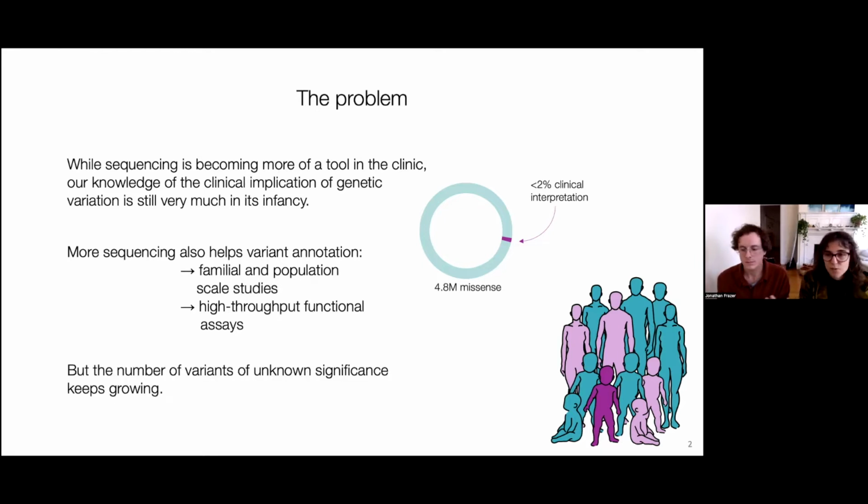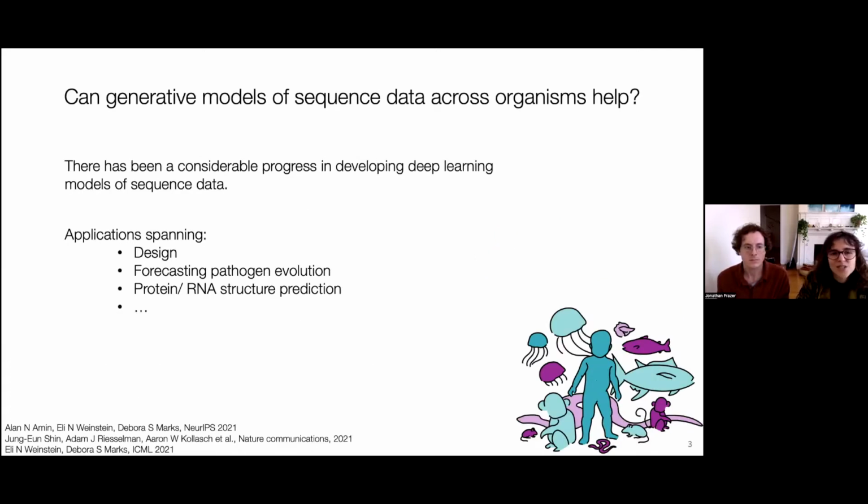But the size of the problem is such that to really answer the problem of variant annotation, we're going to have lots of orthogonal sources of evidence that are scalable and that can be combined with each other. So what we're going to ask today is if generative models of sequence data across diverse organisms can help this task. And in a sense, looking at conservation throughout evolution has always been one of the tools used for variant annotation. You might be familiar with tools such as PolyPhen and SIFT that look at column conservation to predict the